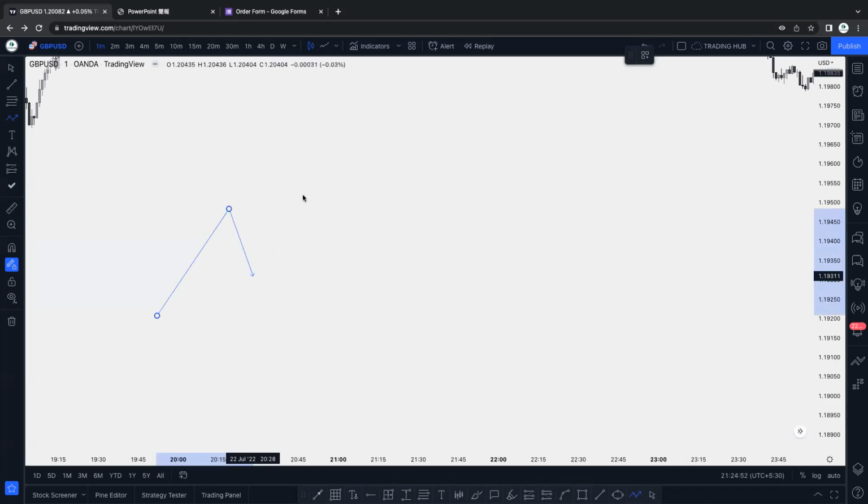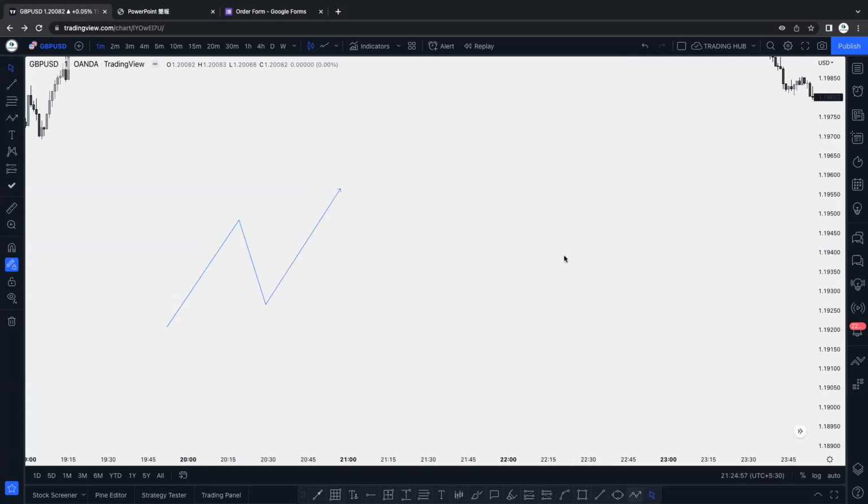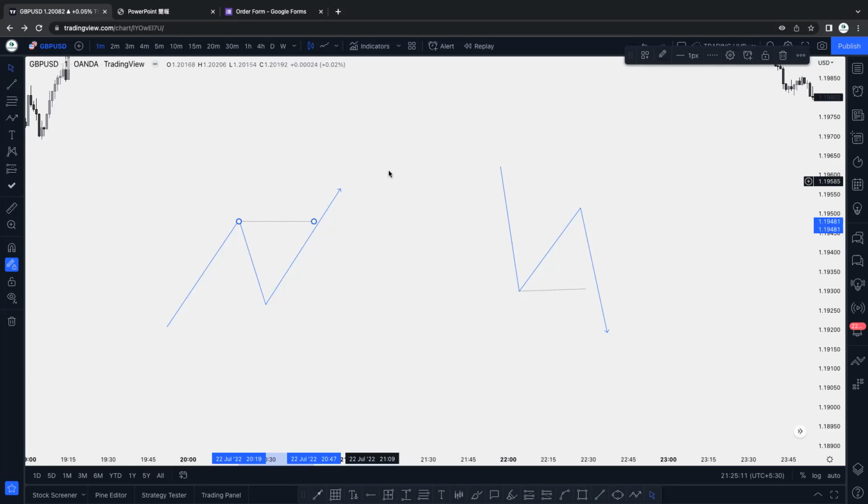In entry type 2, the market is bullish or bearish, doesn't matter, but the market must break the previous low or high and close below it. Okay, or close above it. Once the market closes above or below it, then the market gives you an opportunity for the sell. And in this type of entry, actually, most of the time you will get a high probability entry on the inducement